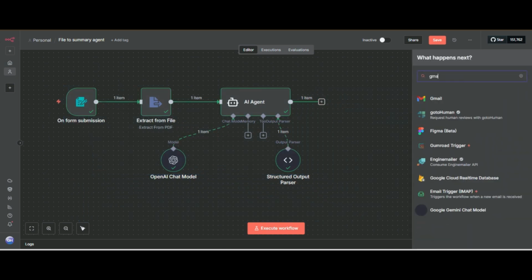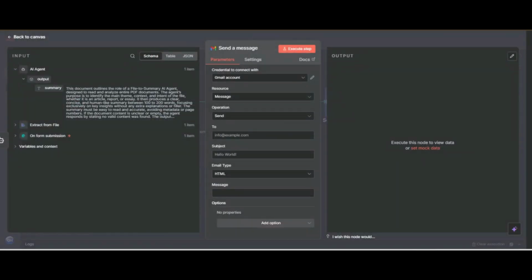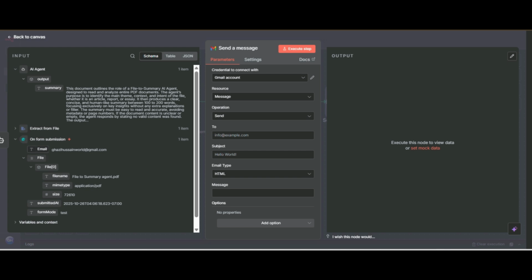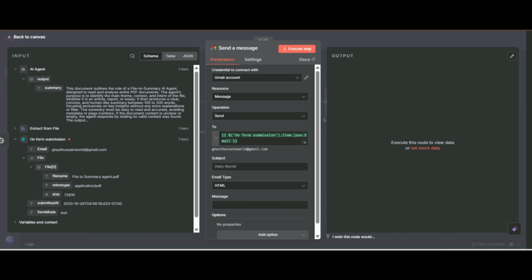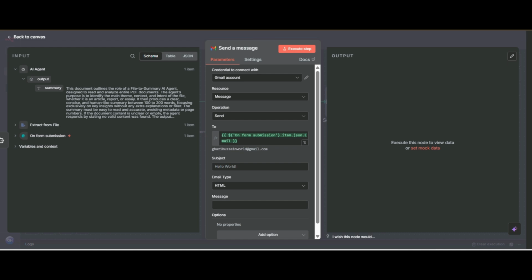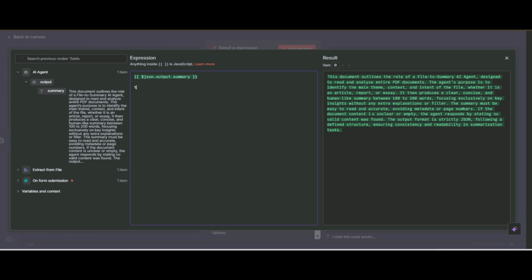Now we have to send the email summary to the user. I am using Gmail, but you can use another way. We need the email, which is why I fetched the user email in the beginning. Now the subject will be your summary, and you can select another. I will drag this in. Thanks.